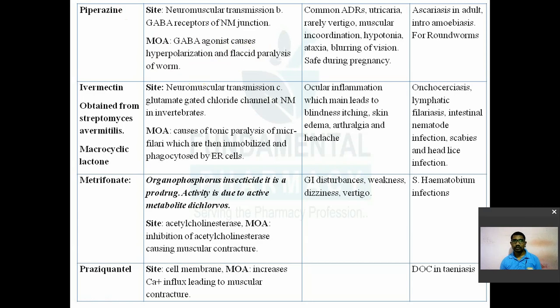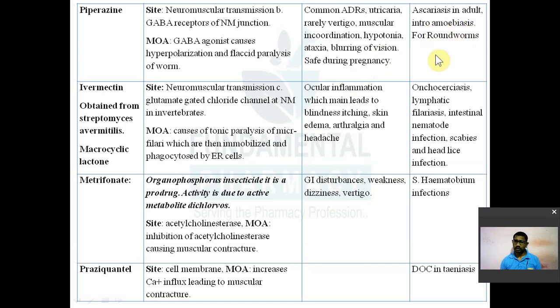That's why the worm is not able to hold itself in the intestine, and the worms will be expelled out during the defecation. That's how piperazine will act. So common adverse reactions include urticaria, skin rash, vertigo, chakkar aana, muscular incoordination, hypotonia, ataxia, blurring of vision. It is a safe drug during pregnancy. So it is used in the treatment of ascariasis in the adults, also